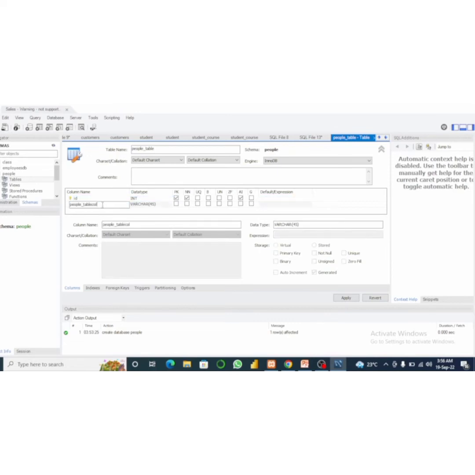Come to my other column. I will type first name, first underscore name. The underscore in database means space. I will click on this. Then last name. I can type it together, but now I want to make use of underscore. Then I have the next one, which is